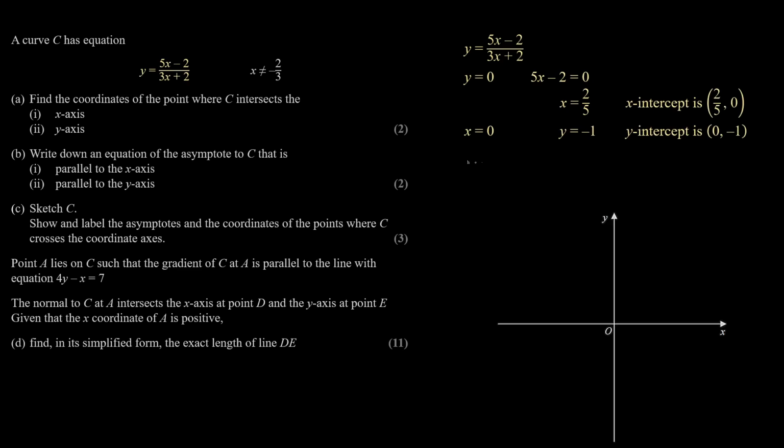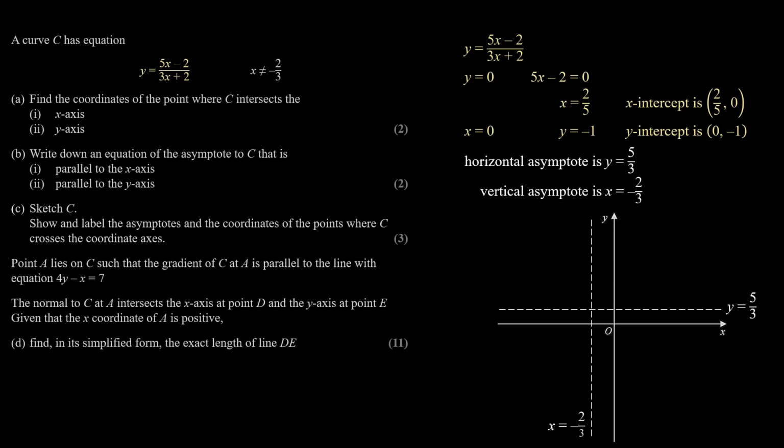To determine the horizontal asymptote, we divide the coefficient of x in the numerator by the coefficient of x in the denominator, which gives 5 over 3. For the vertical asymptote, x cannot be negative 2 over 3. We draw the horizontal and vertical asymptotes and plot the x and y intercepts. The graph is a hyperbola consisting of two branches, one in the top right quadrant and the other in the